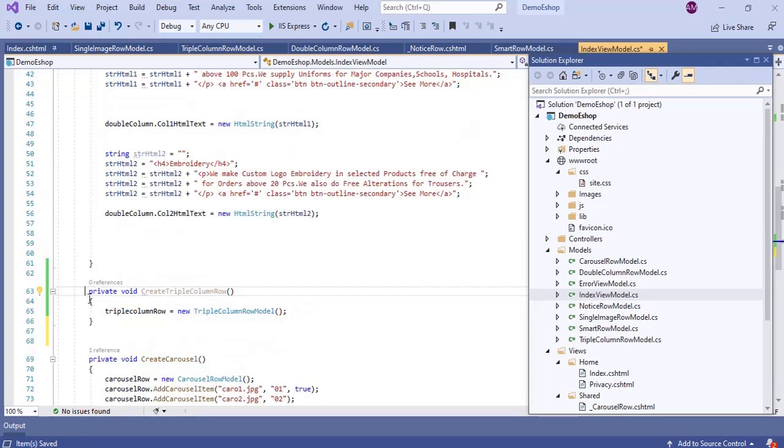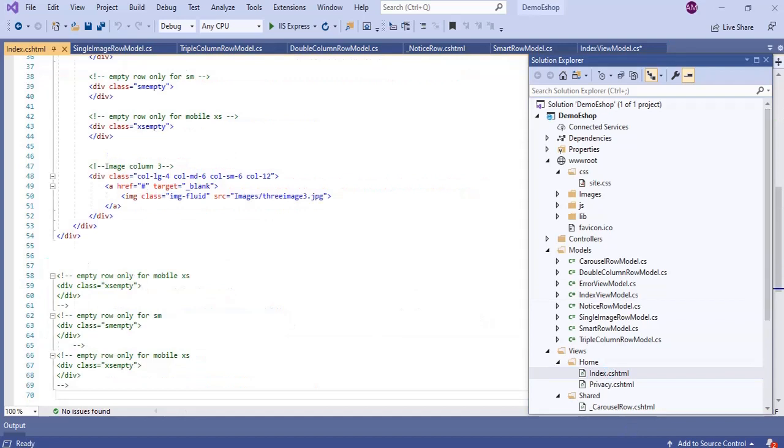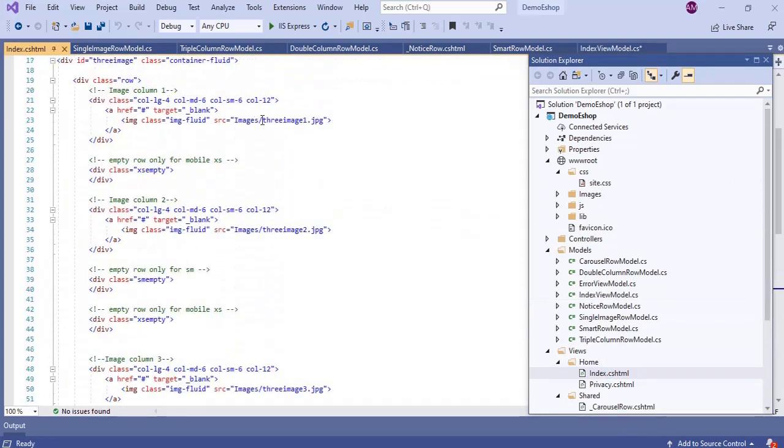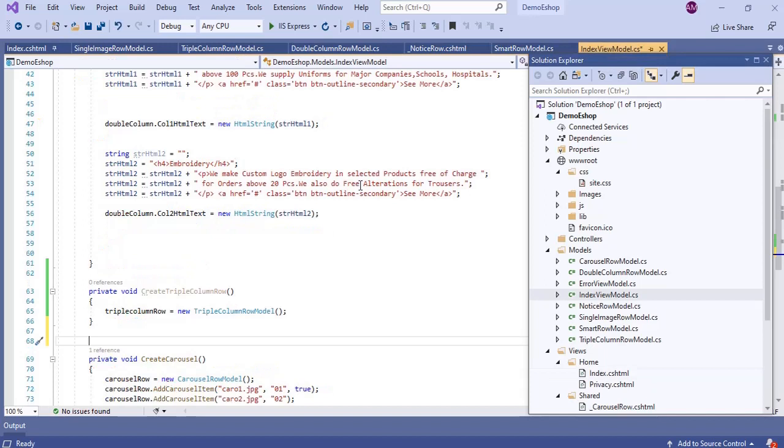Now the method is created, but we need to pass the image names. So we'll take the image names from the index.cshtml. The first image is 3image1.jpg. We'll copy this and paste it here.